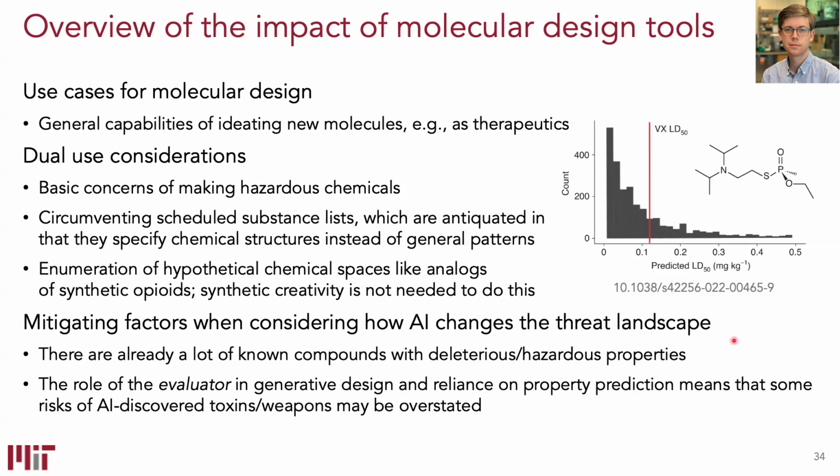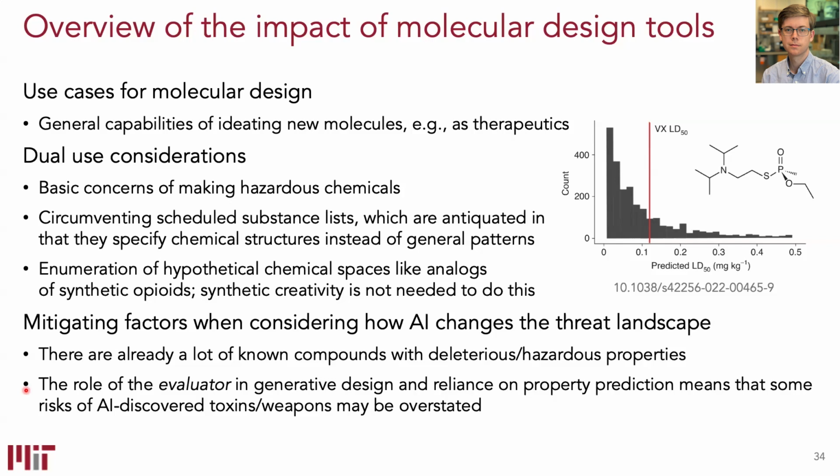But there are, of course, again, mitigating factors, so reasons not to be too concerned. This is still really useful technology that should be pre-competitive and exists in the open source. Partially because there's a lot of known substances, so maybe we're not so concerned about new ones. And I think the most important thing is this bottom bullet point where, again, when we do molecular design, we are often trying to optimize some target property profile. And this relies on our ability to predict that property profile.